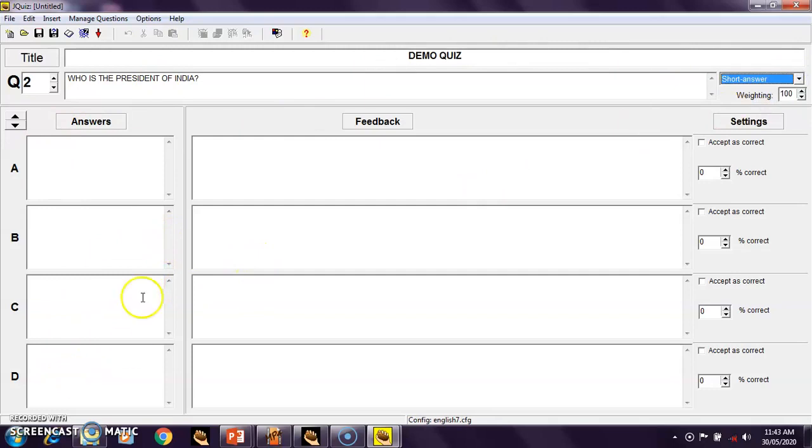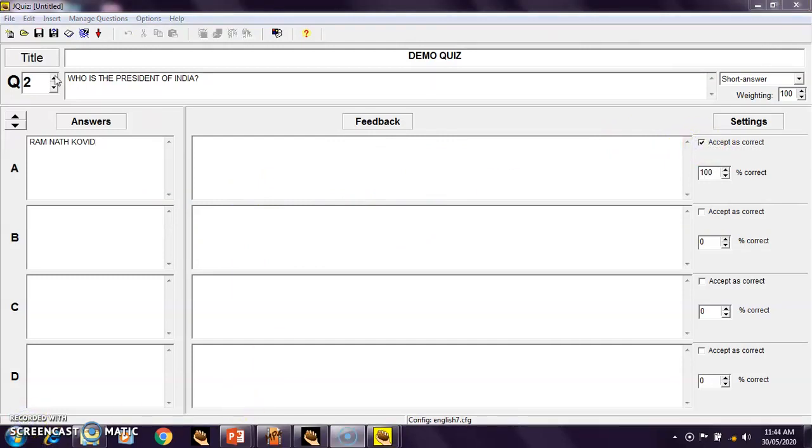So here I need not give different options, just write the correct answer, that is Ramnath Kovind. Okay, so again you can give feedback here. That is not compulsory, that is optional. You can give it here or you can accept as correct.